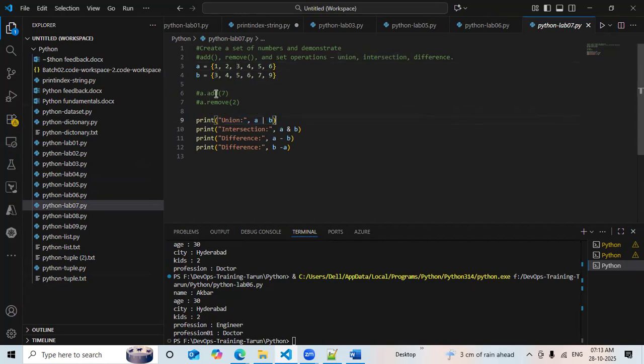And if you want to add some number, you can add it. A dot add means here it is going to add. As of now, I've disabled it, and B dot remove means it will remove from B. The add function is used to add a value here. Remove helps you to remove here. Okay, so if you simply execute this, just to try to understand,